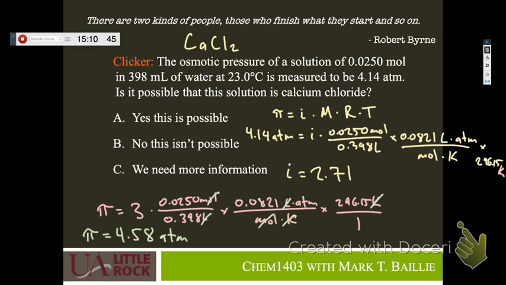All right. So this is one of the ways that we can use osmotic pressure to figure out the identity of a substance. So I might give you multiple substances and say, which one is this? So you'll need to know what the formula is from the name. You'll need to be able to figure out the Van't Hoff factor from the formula. And then you'll have to figure out, with all of that information, if that could be the actual substance we're